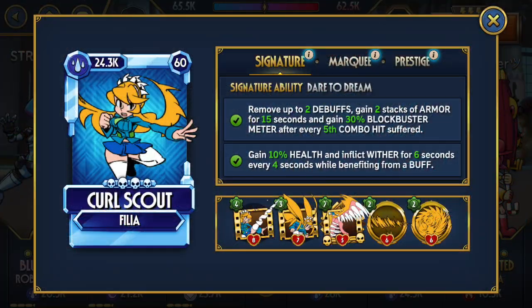Scout. So to start off with, let's go ahead and read her signature ability. So, Curl Scout's signature ability is Dare to Dream. Remove up to 2 debuffs, gain 2 stacks of armor for 15 seconds, and gain 30% blockbuster meter after every 5th combo hit suffered. Gain 10% health and inflict Wither for 6 seconds every 4 seconds while benefiting from a